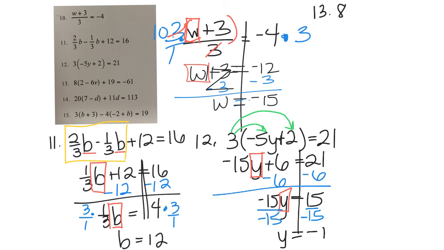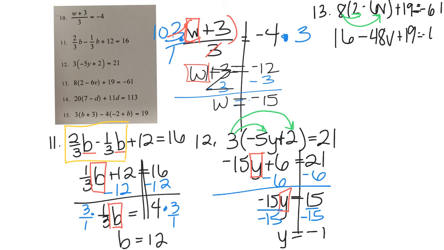13, 8 times the quantity of 2 minus 6v plus 19 equals negative 61. So we're going to start by distributing 8 times the 2, that's 16. 8 times negative 6v is minus 48v plus 19 equals negative 61. Now, like terms on this side happen to be the 16 and the 19. So 16 plus 19 is 35,